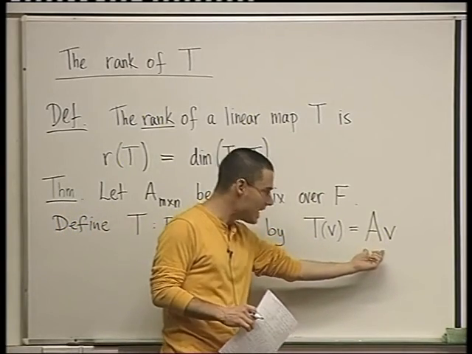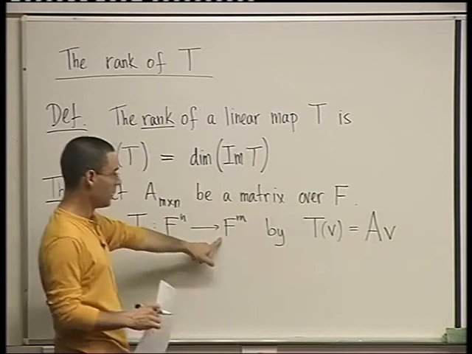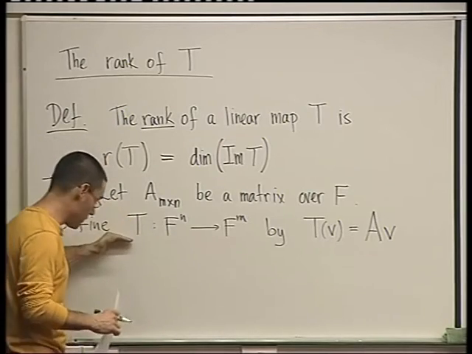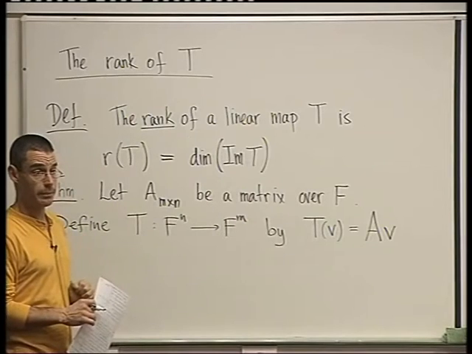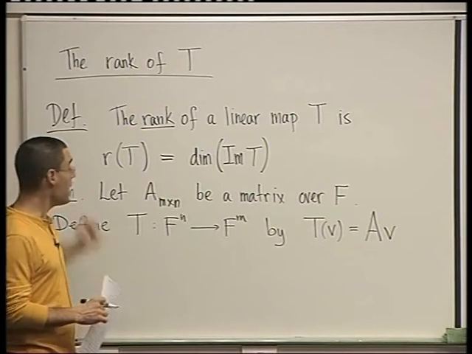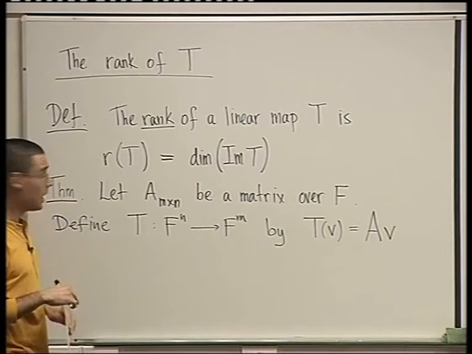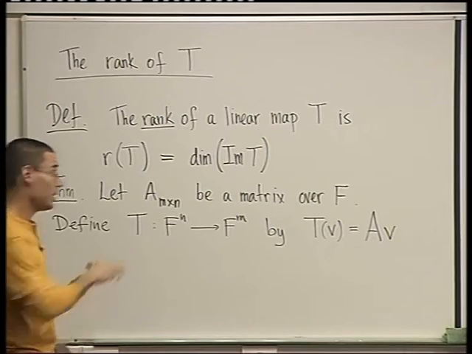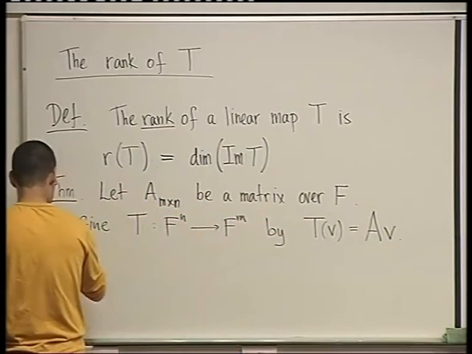A is m by n, V is n by 1. The result is m by 1, which is a vector in Fm. Right? So this is precisely a transformation given by multiplication by a fixed matrix. Okay? So if, this is an if, we're defining T this way. We're not saying yet that any T is given like this. That we're going to say later. But if T is given like this, then